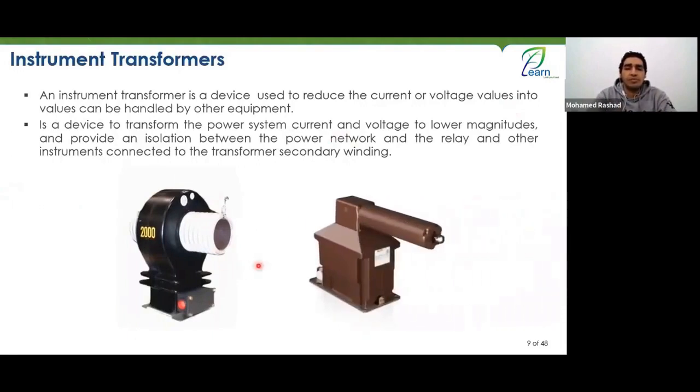So, of course, we have here the example of the current transformer and the second example, which is the voltage transformer. Some engineers might think that now I have a voltage transformer or a current transformer which reduces the value of the voltage and the value of the current. So what about the value of the voltage or the value of the current? I mean, when I reduce the value of the current, what happens to the voltage? What happens to the current? We will see this together, of course, as it is not much different from the power transformer, for example, if it is a voltage transformer. Meanwhile, the current transformer has its own specifics, and I will talk about it, God willing,